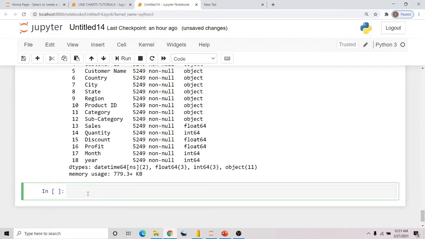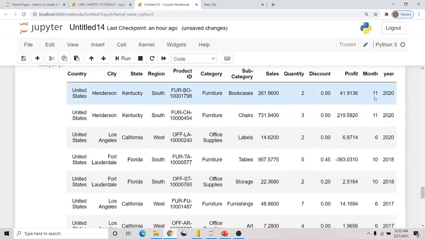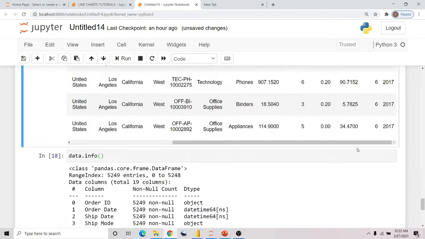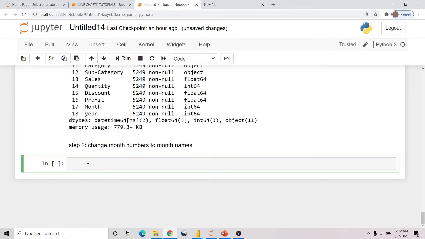Our next step is to change our month numbers to month names. So I want to make a remark here. Step 2, that is to change month numbers to month names. Because you can see the new column I created, we have the month. So November is 11, but I would want to see the month names. So let me make this a remark. So that's our next task. So we will import calendar,